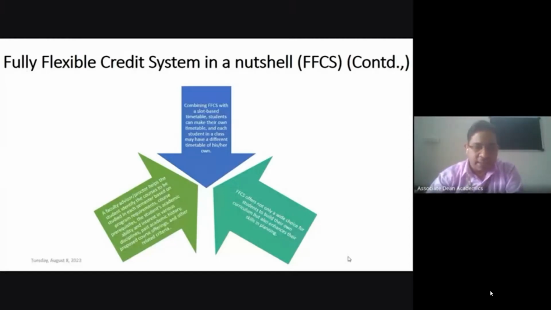A faculty advisor, usually a program chair or proctor, helps you identify the courses to be studied in each semester based on program requirements.